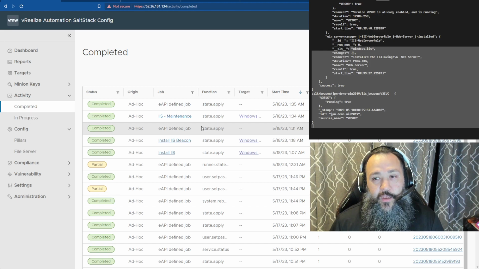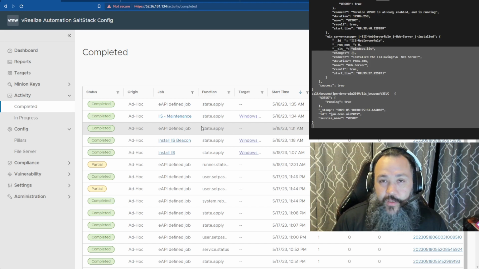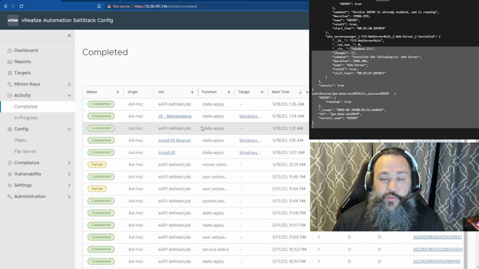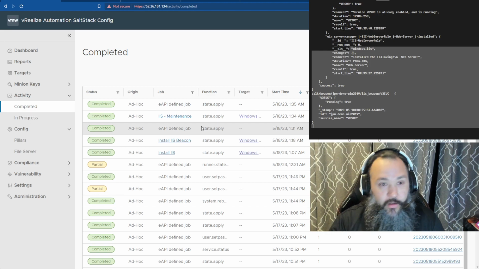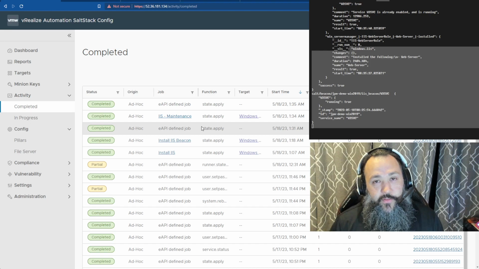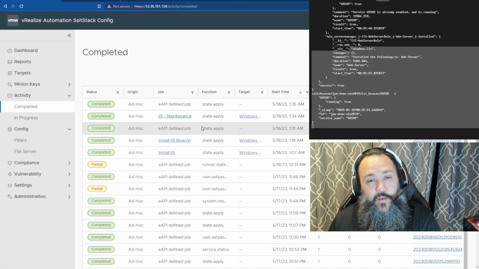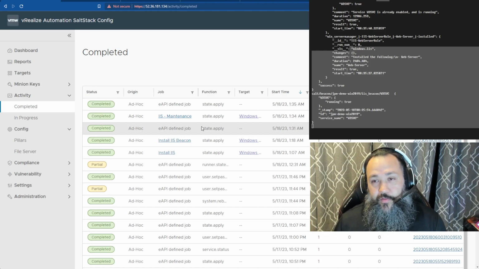Reactors don't have to be limited to doing things like restarting services. They also don't have to be restricted to the individual machines that called out an event in the first place. So if we want to do something like raise events to a chat ops channel, Microsoft Teams or Slack or whatever else, because we want to let people know that a certain condition has occurred, then that's totally fine. If we wanted to do something else, maybe from a security standpoint, if we see some specific event,